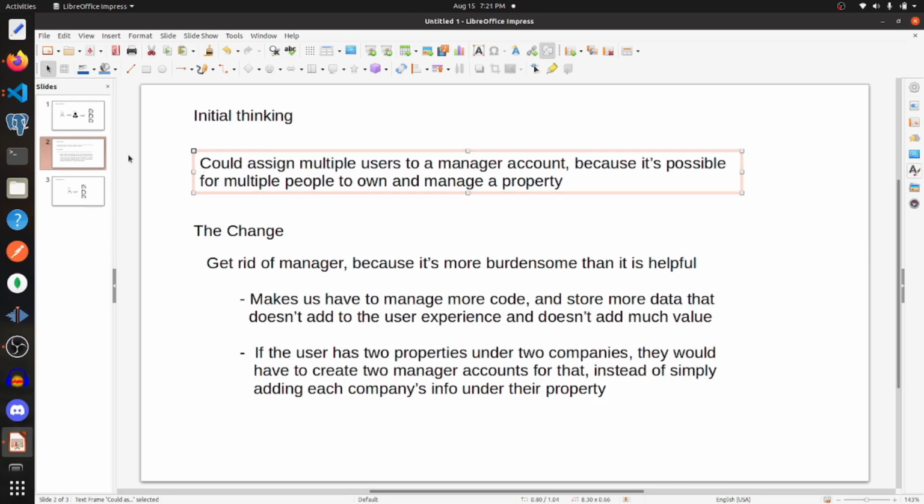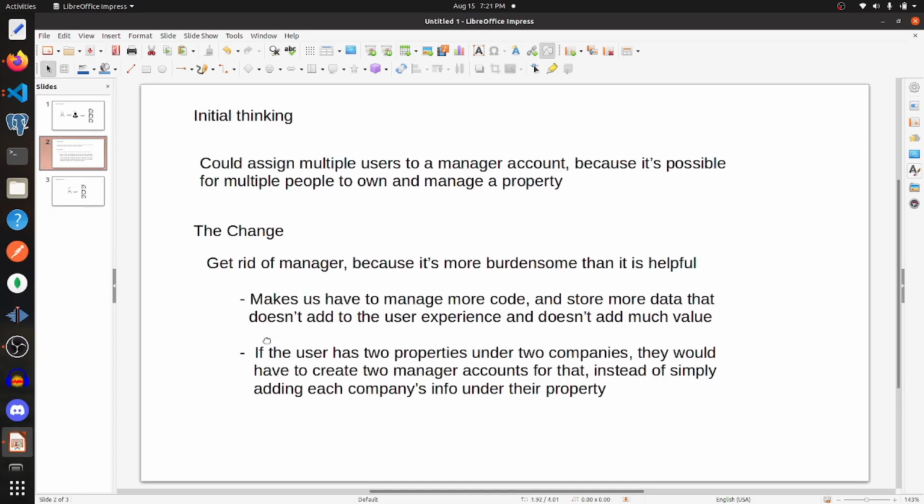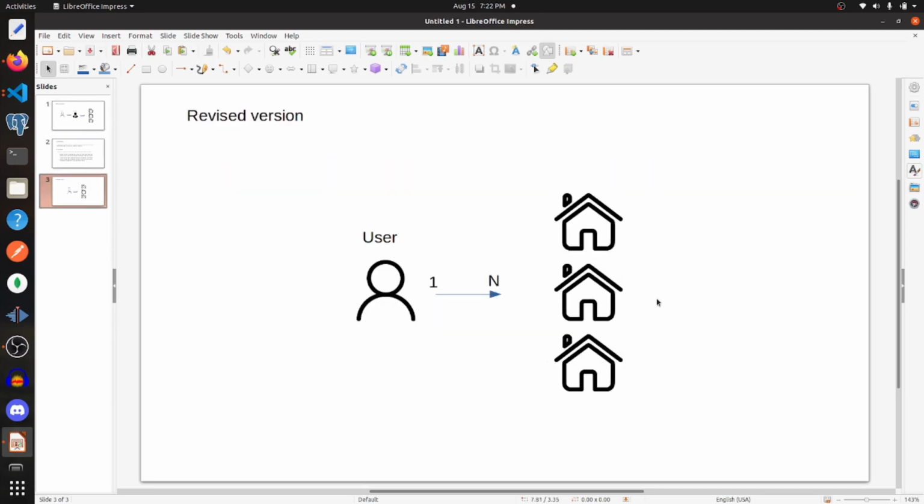So the change that we're going to make is to simply just get rid of the manager and tie each user to their properties. And I think this is a more elegant solution because one, there's less code to manage, and two, if we have an instance where a user has two different properties under two different companies, then that user would have to create two separate management accounts, and that just becomes burdensome whenever the manager account really only has the website, email, and phone number, and that's all it's really doing. So I just think the best solution is to tie users to properties, and that's what we are going to